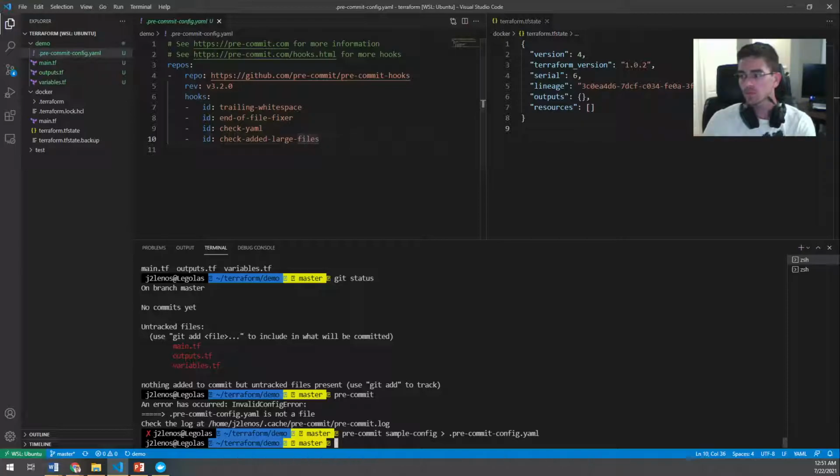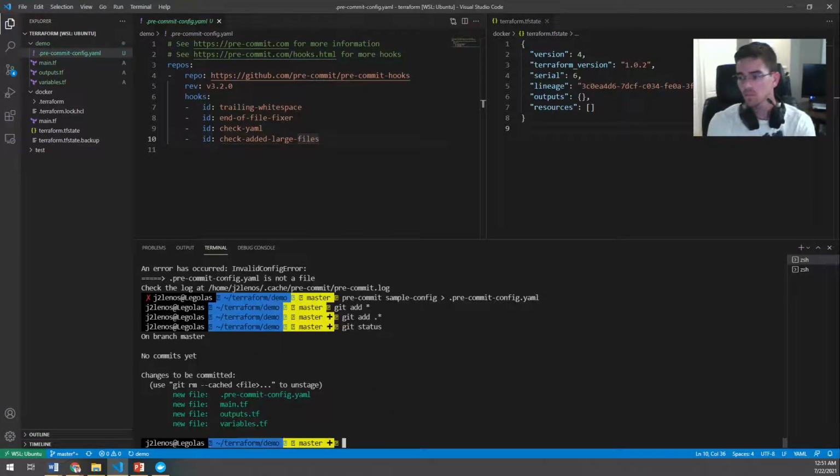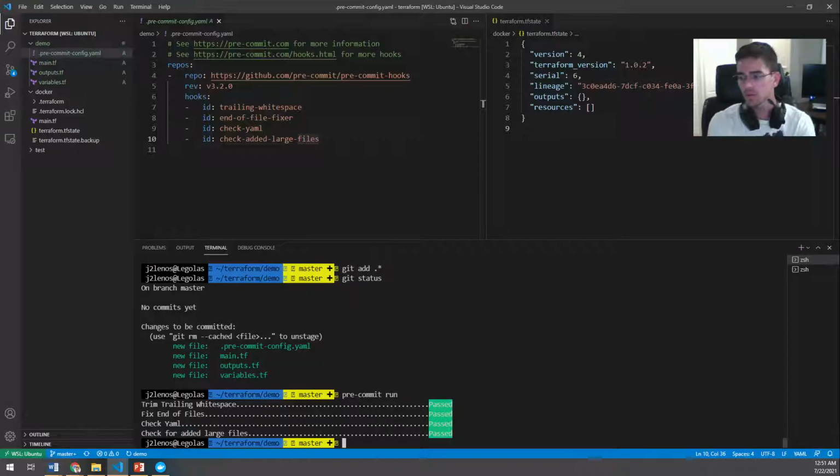So if we commit all this stuff, git add, we can see everything is now ready to be committed. And if I run pre-commit run, it says, hey, everything looks pretty good. There wasn't anything wrong. But I could also make a mistake, and then,